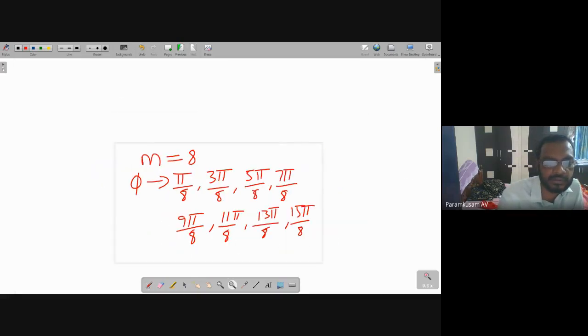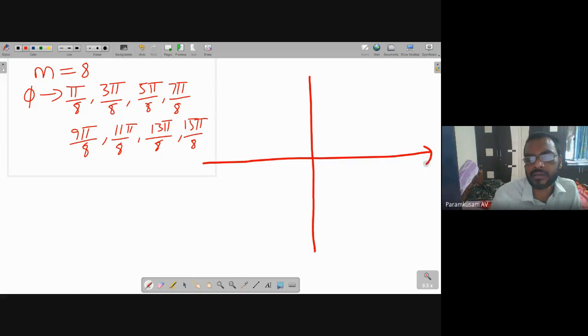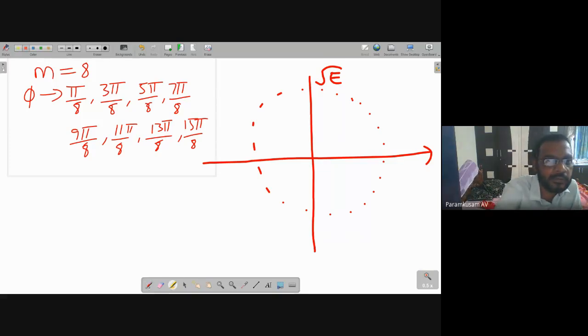ఈ phase angles కి మీరు కాన్స్టలేషన్ డయాగ్రామ్ డ్రా చేయండి. ముందు సర్కిల్ డ్రా చేశాను. సర్కిల్ రేడియస్ ఎంత? √E. ఫస్ట్ పాయింట్ ఎక్కడ వస్తుంది? π/8 విత్ రేడియస్ √E. దట్ ఈస్ ఫస్ట్ పాయింట్. నెక్స్ట్ 3π/8, అది ఫస్ట్ క్వాడ్రంట్ లోనే ఉంటుందా ఒకసారి క్యాల్కులేట్ చేయండి. 3π/8 ఫస్ట్ క్వాడ్రంట్ లోనే ఉంటుంది. ఓకే. నెక్స్ట్ 5π/8, 7π/8 ఇక్కడ ఉంటాయి. 9π/8, 11π/8 థర్డ్ క్వాడ్రంట్ లో ఉంటాయి. 13π/8, 15π/8